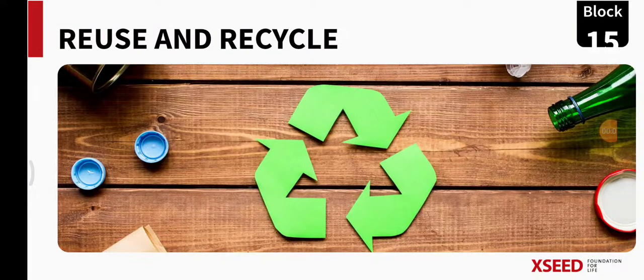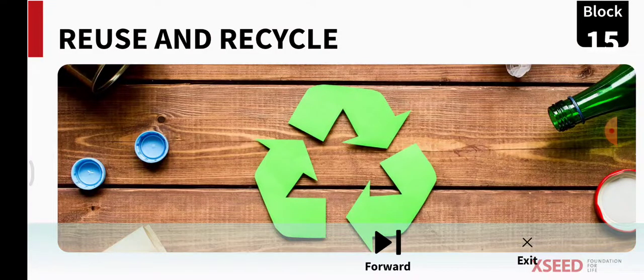In today's class, we are going to learn about reuse and recycle. That is the name of the lesson, reuse and recycle. The three green arrows on the screen are a symbol for the three R's: reduce, reuse and recycle. So whenever you see this picture, you should understand it means reduce, reuse and recycle, right? So let's move on and learn how we can reduce using things, reuse things and recycle, right?